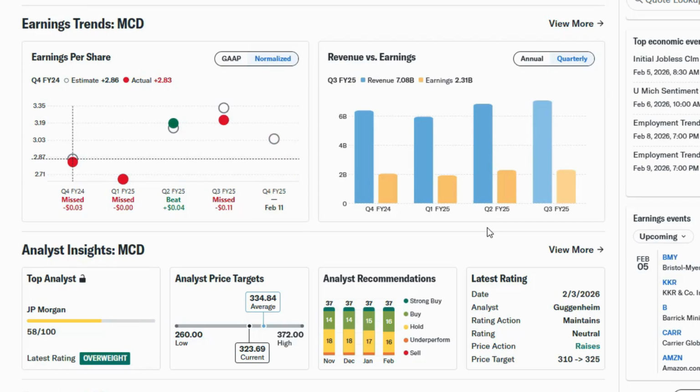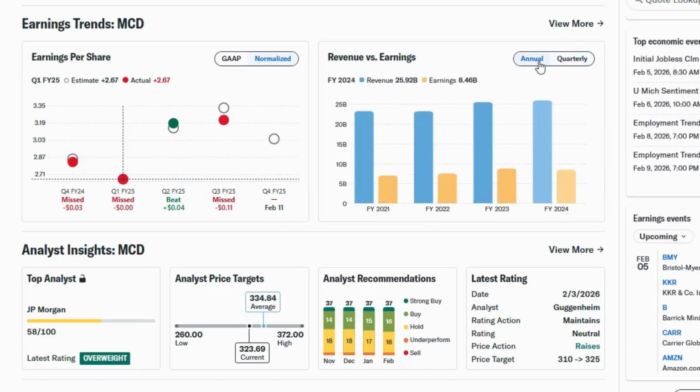Moving to the right side, we have revenue versus earnings. This chart compares how much money the company brings in, revenue, versus how much it actually keeps as profit. The blue bars represent revenue, and the yellow bars represent earnings. You'll notice revenue has been steadily growing over recent quarters, while earnings are also trending higher. This combination is generally a healthy sign because it shows that the company is growing sales and maintaining profitability. You can toggle between annual and quarterly views, which is helpful depending on whether you're a long-term investor or focused